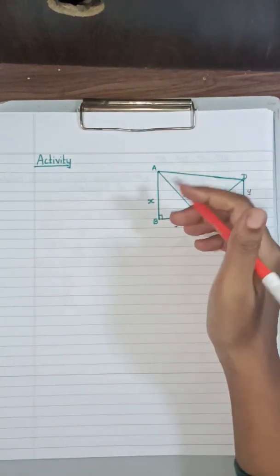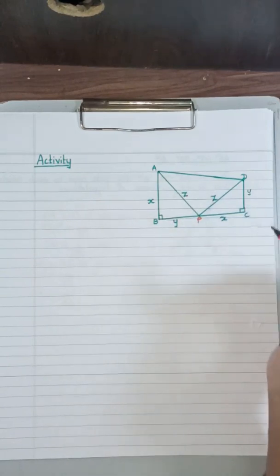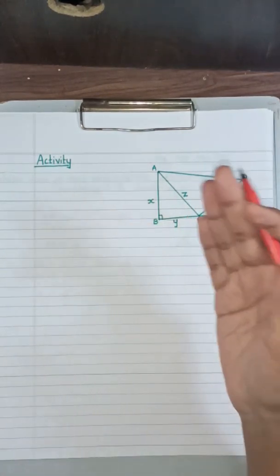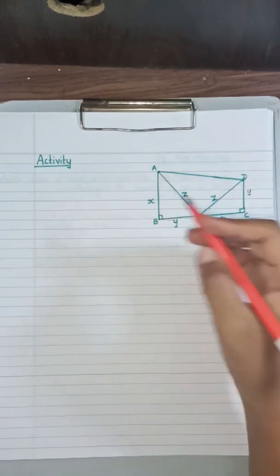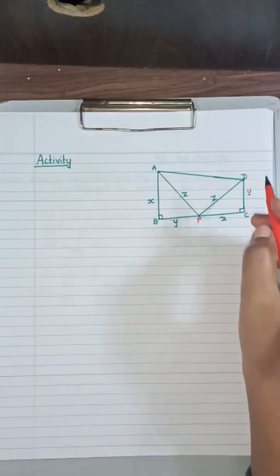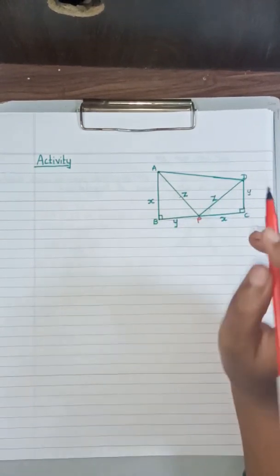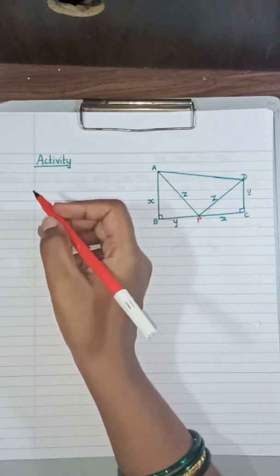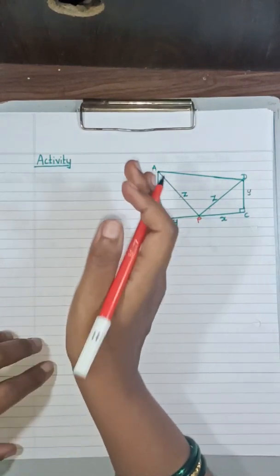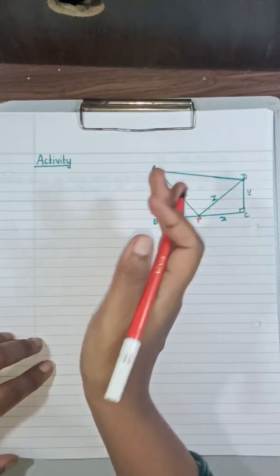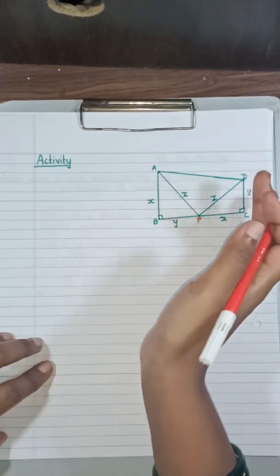So what are we given? We are given two right angle triangles. Now we have to take another triangle, an isosceles triangle, whose congruent sides are equal to the hypotenuse of the first two triangles. Now we have to find the area of the trapezium, and as we find the area of the trapezium, we can prove the theorem of Pythagoras.